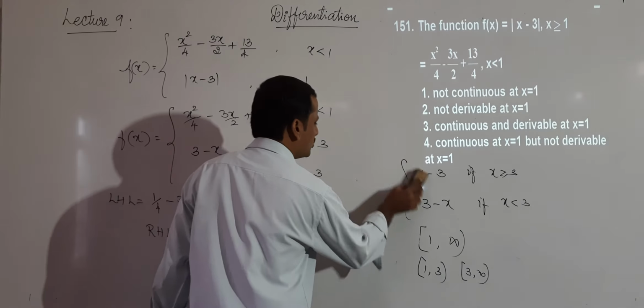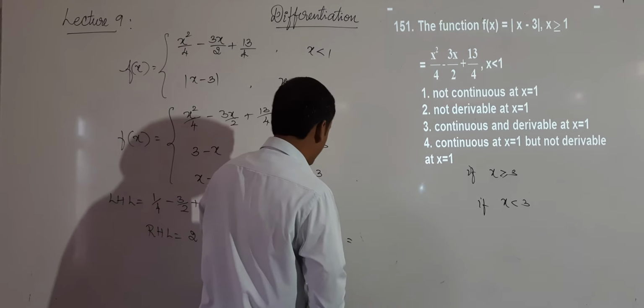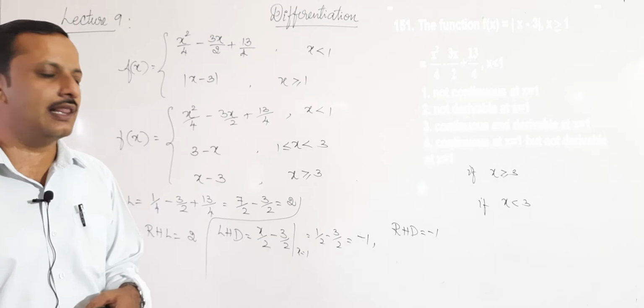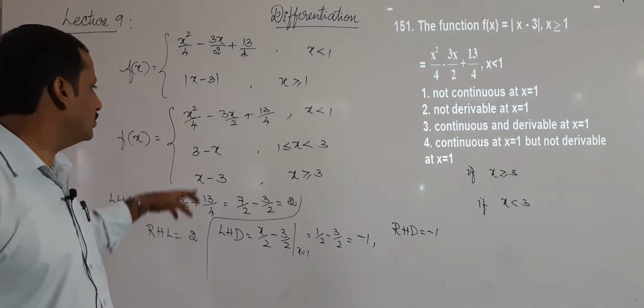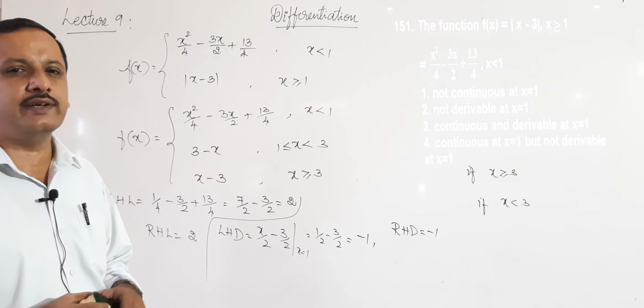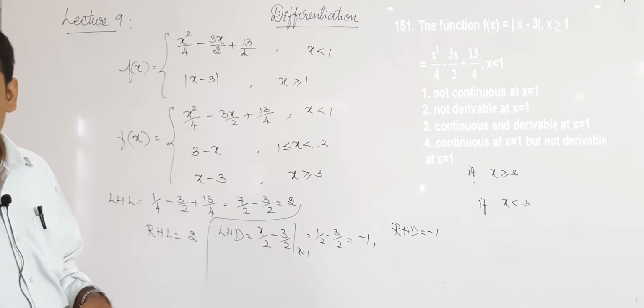That's equal to minus 2 by 2, which is minus 1. Left hand derivative is minus 1. Right hand derivative, differentiate this. If I differentiate it, I am getting minus 1. So left hand derivative is minus 1, right hand derivative is minus 1. Therefore, the function is differentiable at x equal to 1. Right? So that means it is continuous as well as differentiable. Continuous and derivable at x equal to 1, which is the third option. Okay, right. Then